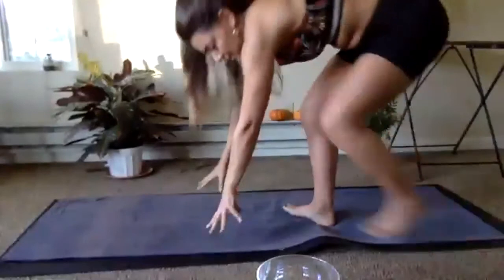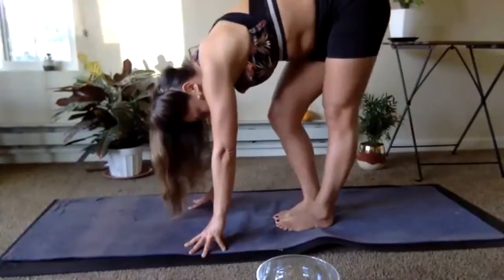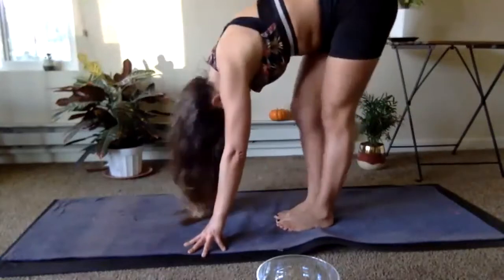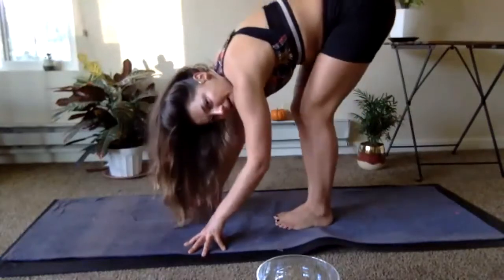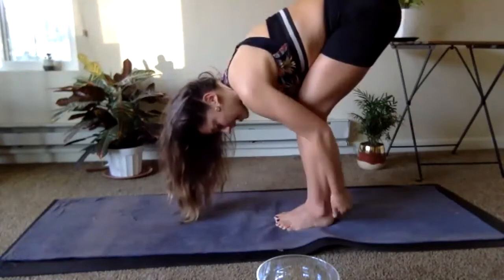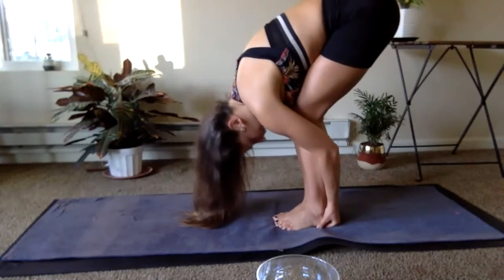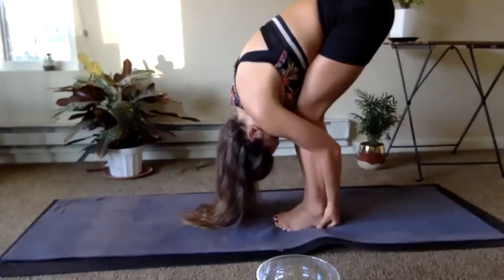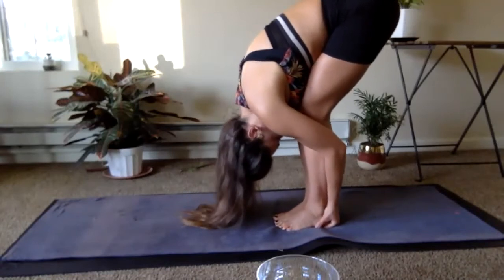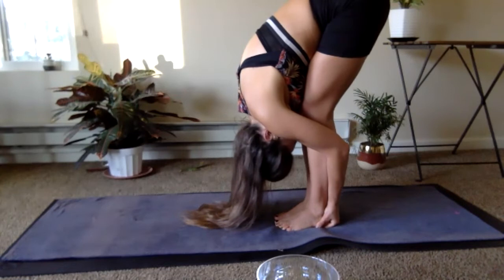Bend the knees as much as you need to bring your hands to the floor, and we're gonna walk it out. Bending one knee at a time, bending both knees, massaging the body. And once you're ready, bringing your feet together, bending the knees as much as you need to, bringing the stomach on your knees, and then grabbing the back of the legs, or even stepping on all 10 fingers, and gently bringing the forehead down towards the knees. And when you're here, squeezed into a Japanese ham sandwich, you can begin to open up the knees. Squeezing and opening,